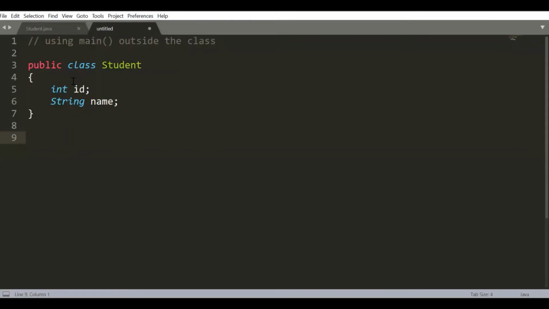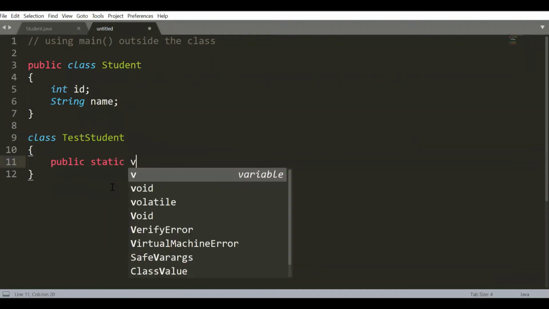Okay, now what I need to do is define my own class as the main class. So again, keyword class and a new name for the different class. Now there are two different classes. First is class Student, which has the attributes ID and name. And we have a main class, right? So our entry point of execution, where our program will be starting, will be from this line, not this line as it is the first one, because here we are having main in this class. So public static void main